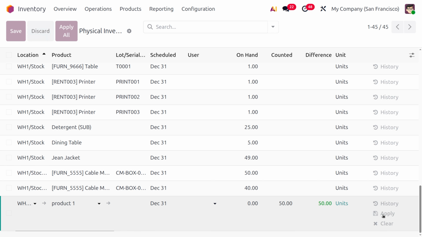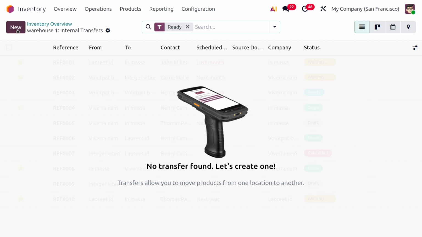Now let's move on to the core part of the topic, which is the internal inventory transfer. You can manage the internal transfer from the operations by choosing internal transfers, and just manage it from here. Or when you move on to the overview, here you can see that we have the internal transfer for warehouse 1, as well as the internal transfer for warehouse 2. Upon opening the internal transfer, here you can see that we'll be moving on to the inventory overview of